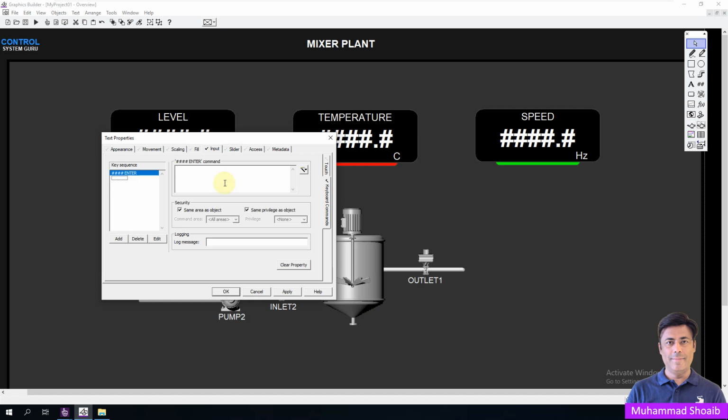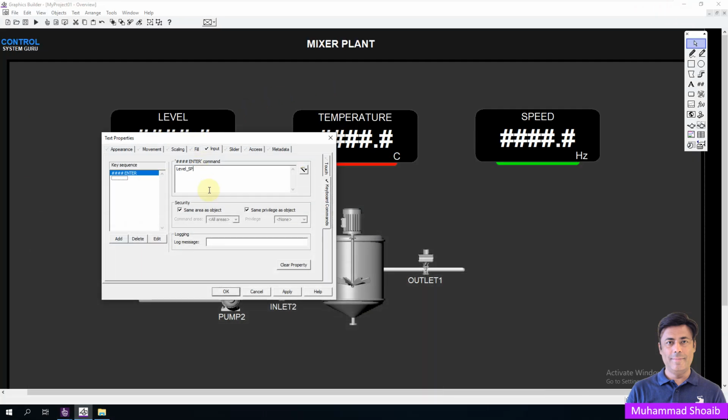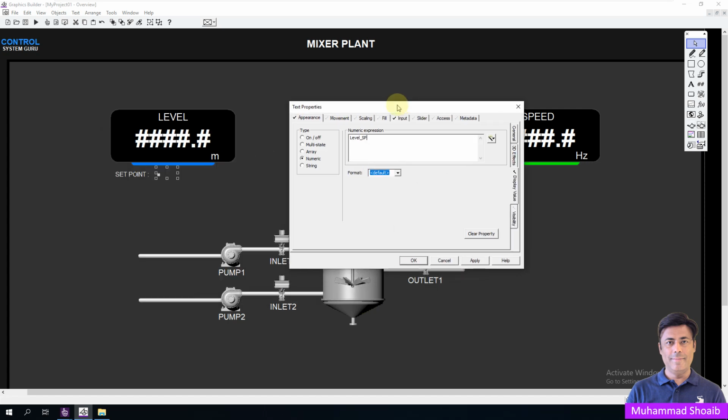Okay, then I will copy my tag from here and I will paste it here and I will write. Okay. Then go here in the appearance and here I will paste the same tag to read the same value and apply,